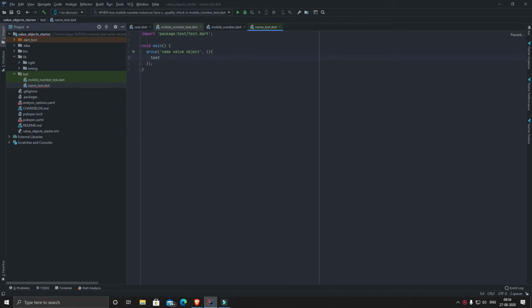So the first test case that I can think of is we should start by validating that the argument that you will be passing to the class should be valid. So the first thing I want to make sure is that you do not pass an empty name or empty data as an argument and create an invalid name class. So, when create name with empty data, should throw assertion error,